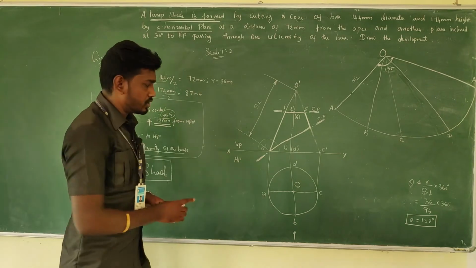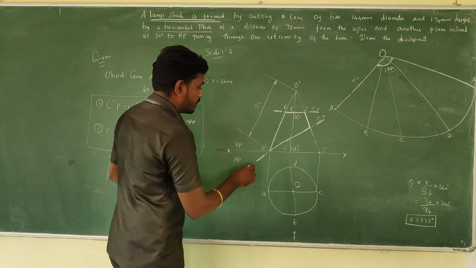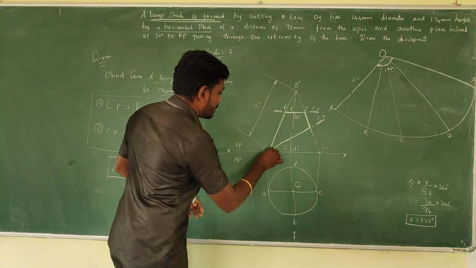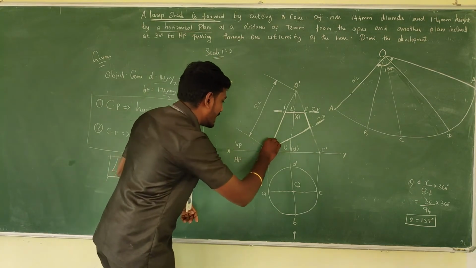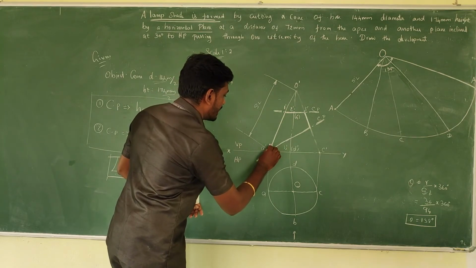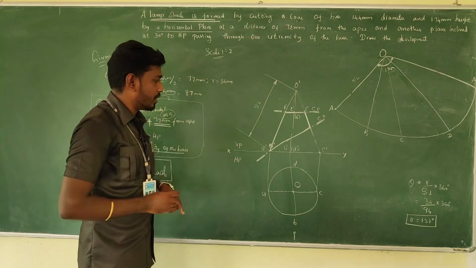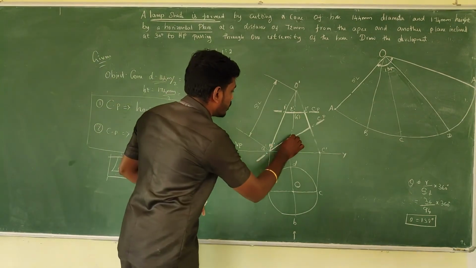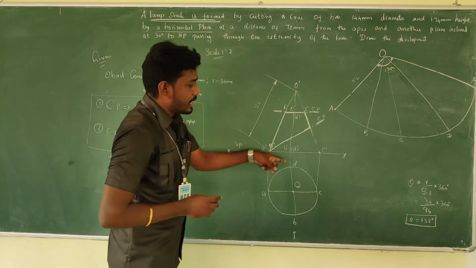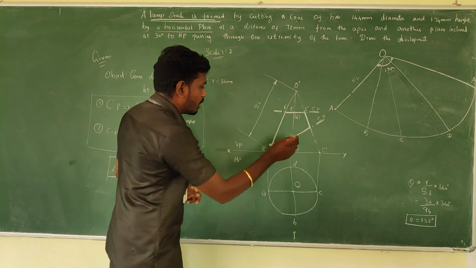Come to the second one, just continue with the same numbers. In the extreme point there is a cut, so there will be an odd one. One point, I'm going to name it as 5 dash, continuously. And see here we have two generator lines, so I'm going to give two namings, one is visible.